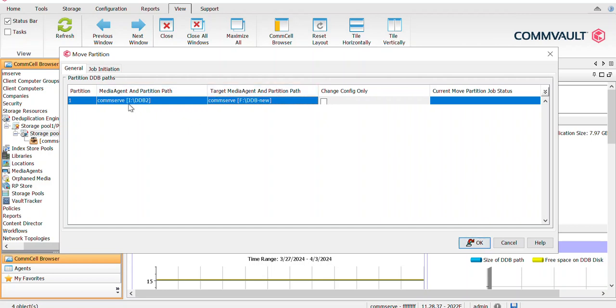But if you have your live database, and you're going to use it in the future, then don't select this particular option. What change config only does is it just updates the configuration information about the database in your SQL. It actually doesn't move any data from the source location. So in our case the database is up and live, so we'll not select this option and say